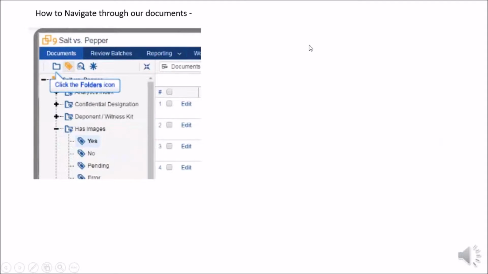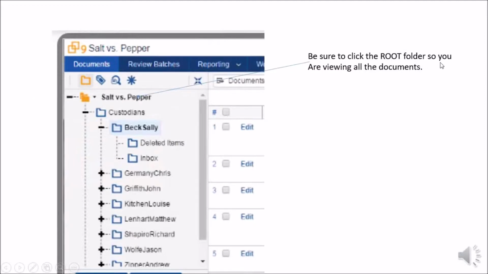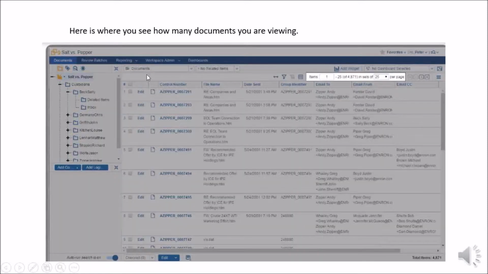Now, how to navigate through our documents. So we're going to go back to the folders icon and make sure that the root folder is clicked on, so you're viewing all the documents. We click there. And here's where you can make sure that you're seeing all your documents. Look up in this area of your screen, and you can see that we have the 4,871. We're only looking at the 25,